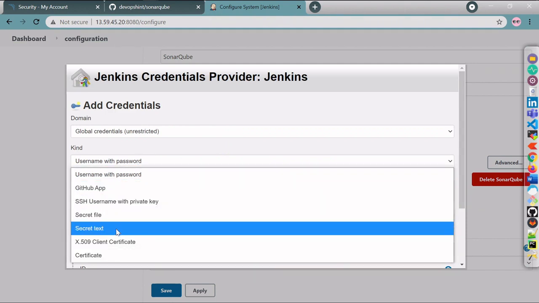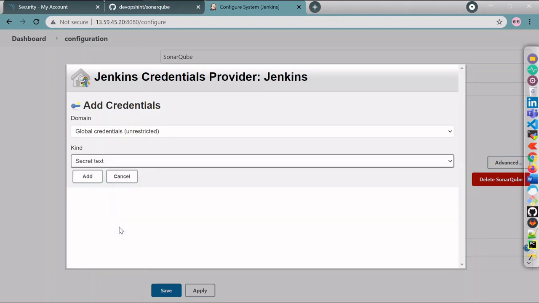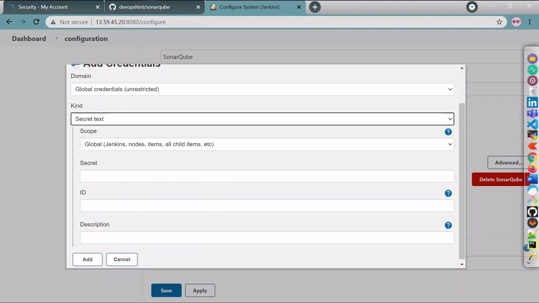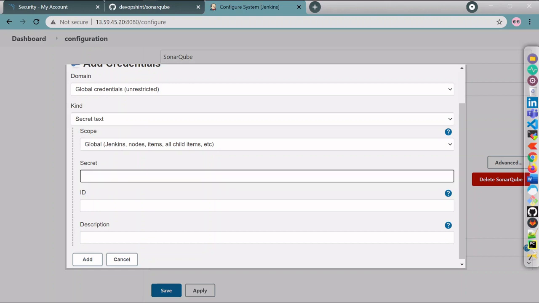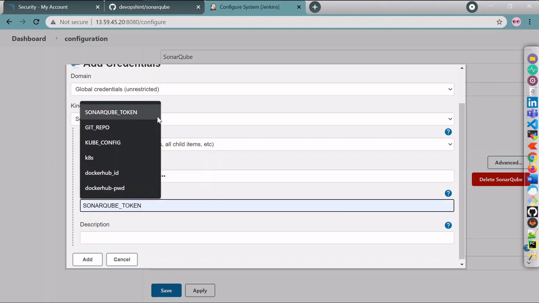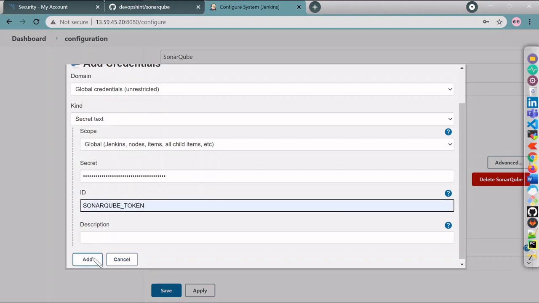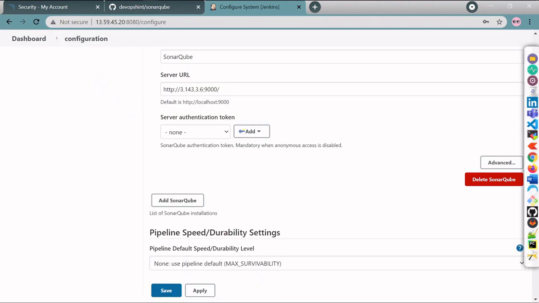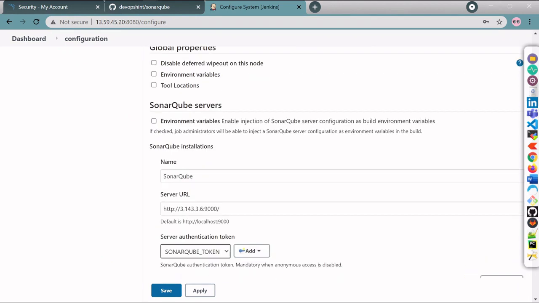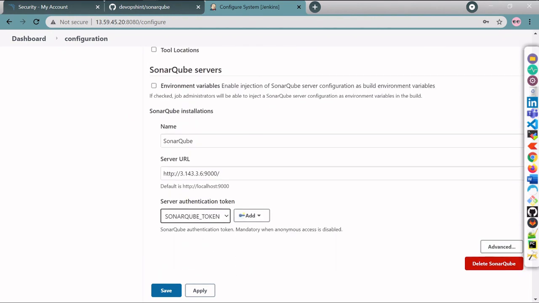Okay, select the secret text, not username and password, just select the secret text. Now in secret we'll provide that token, and in ID we will give a SonarQube token like this name, and simply click on add button. Okay, so it will just authenticate with the SonarQube. So click on this save button.